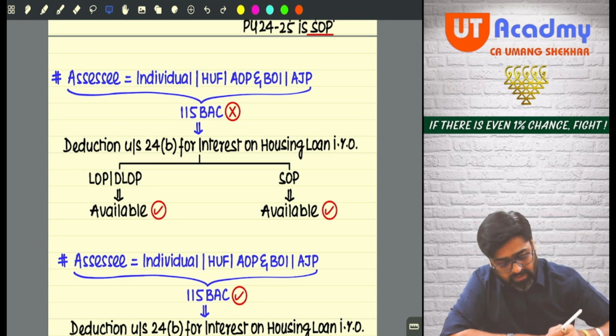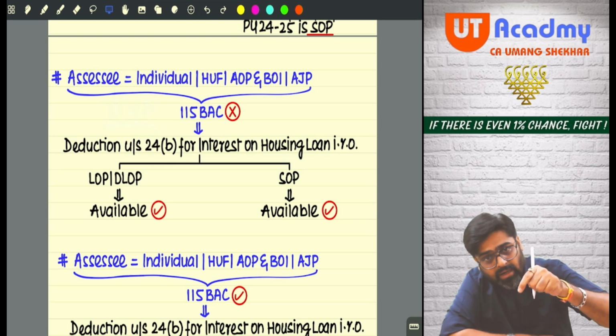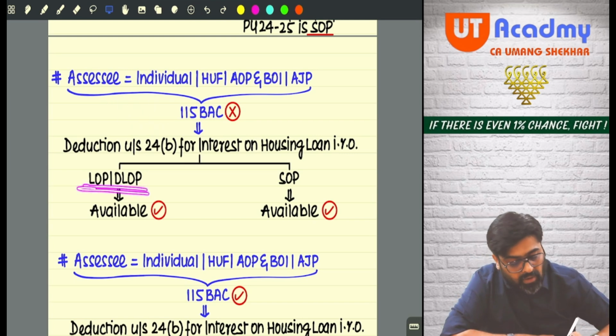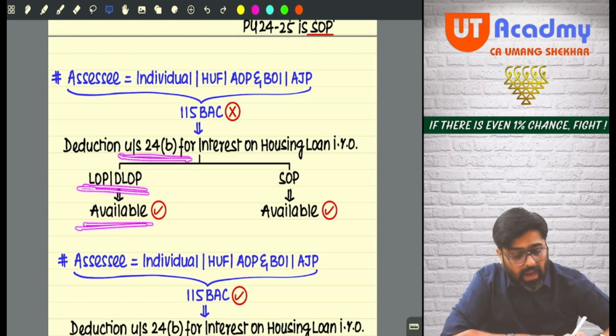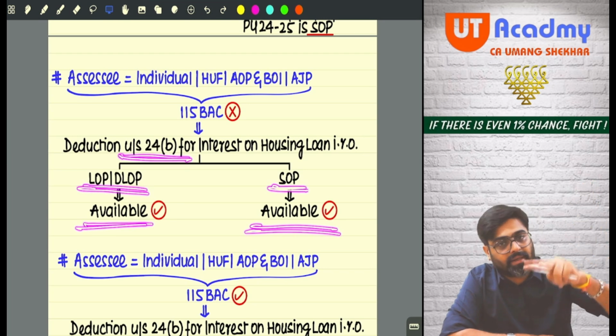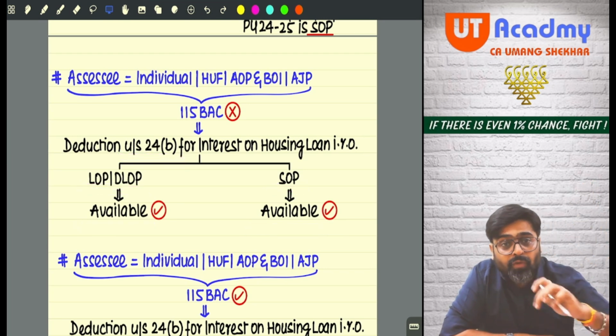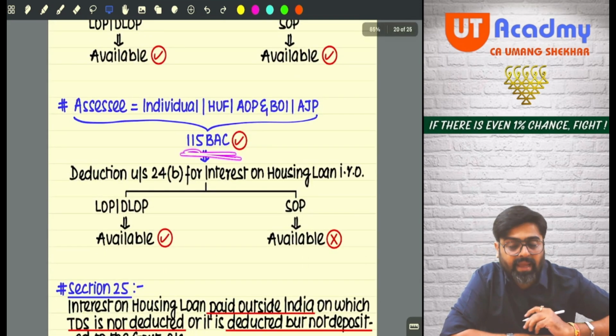Then that assessee, while calculating income from house property under the head house property, from let out property or deemed let out property, can claim interest deduction. And for SOP also, he can claim interest deduction subject to a maximum of 30,000 or 2 lakhs, as the case may be. But if you start following 115BAC,